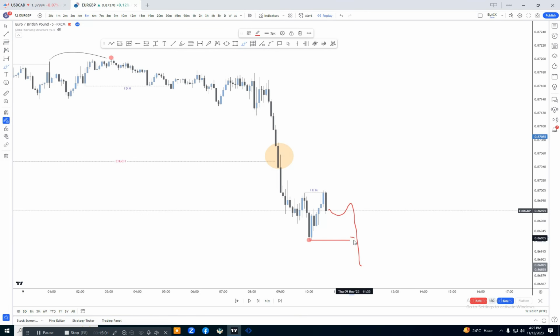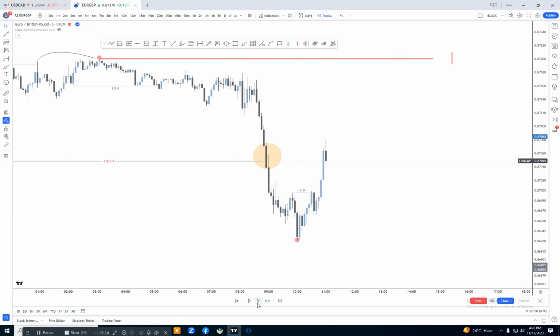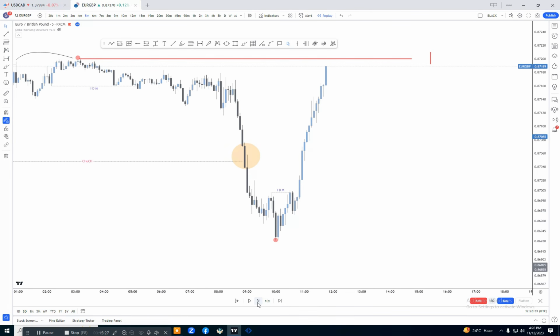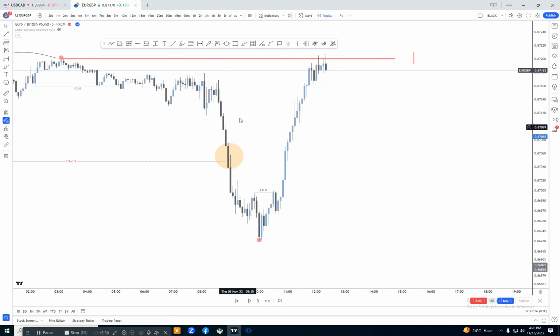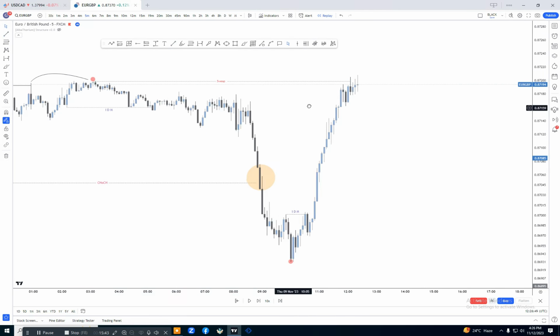Then this will be another break of structure. But if the market continues to push to the upside and breaks above that area, then that will be our bullish change of character. But for now, below that red line, the market is still bearish. Now if we continue the bars, we will find what the market will do. The market is continuing to push to the upside, and the market has just swept the previous confirmed high, but did not give us a candle closing confirmation.